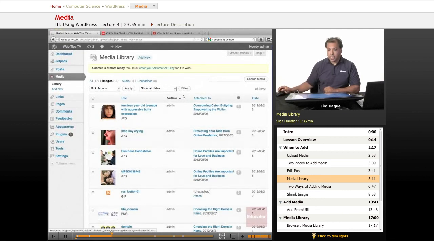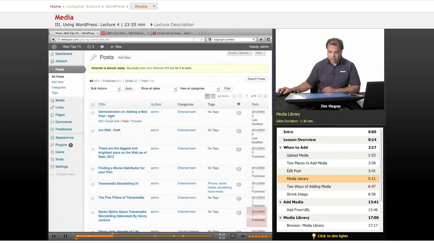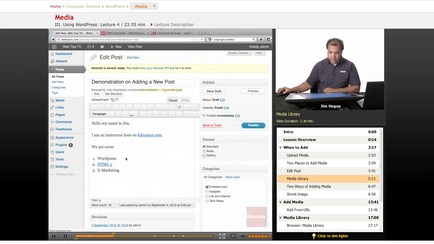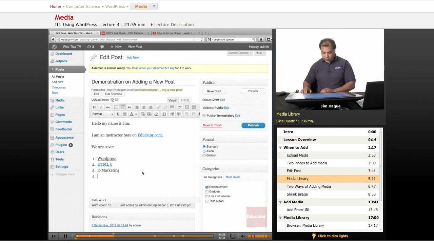So let's go ahead and edit a post that I have. Let's go to post, and let's click on all posts. Here, in the previous lesson, I created this post right here, demonstration on adding a new post. And I'm going to go ahead and find a way to add an image. I'm going to call it New York. So I will go ahead and click on this. Now there's two ways of doing